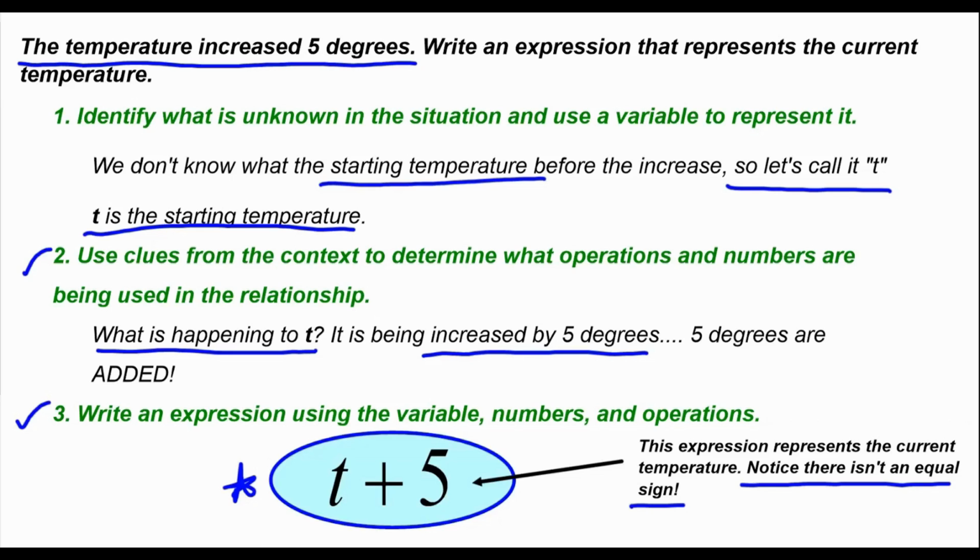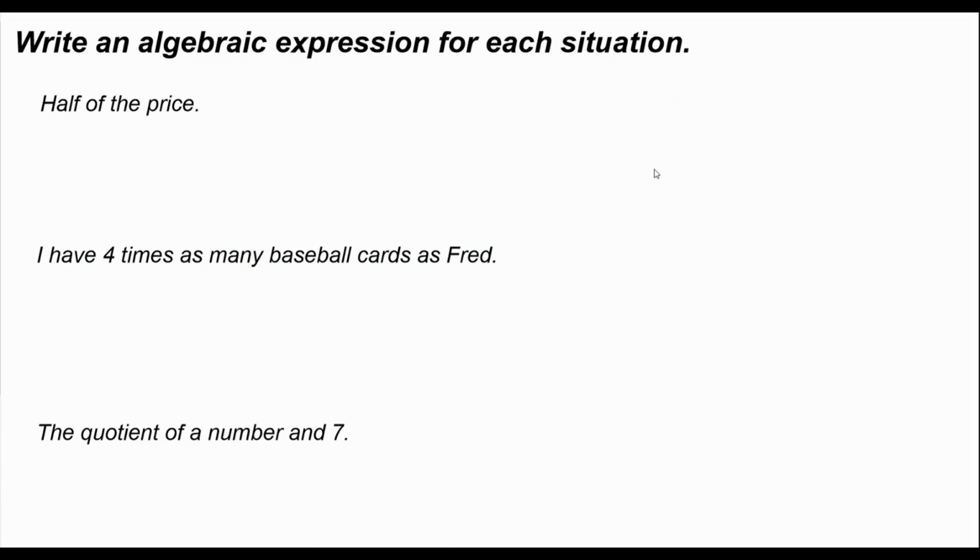A lot of 7th graders are tempted to put T plus 5 equals new temperature or something like that. We don't need to do that here. This is just an expression. T plus 5 is the current temperature. We don't have to have an equal sign there to represent that. So now we're going to look at a bunch of examples and kind of interpret these and translate these word